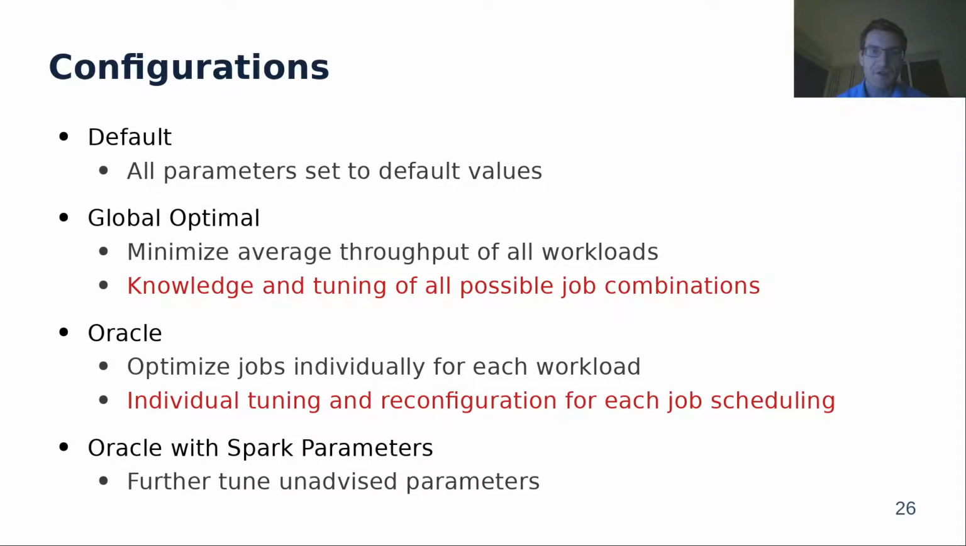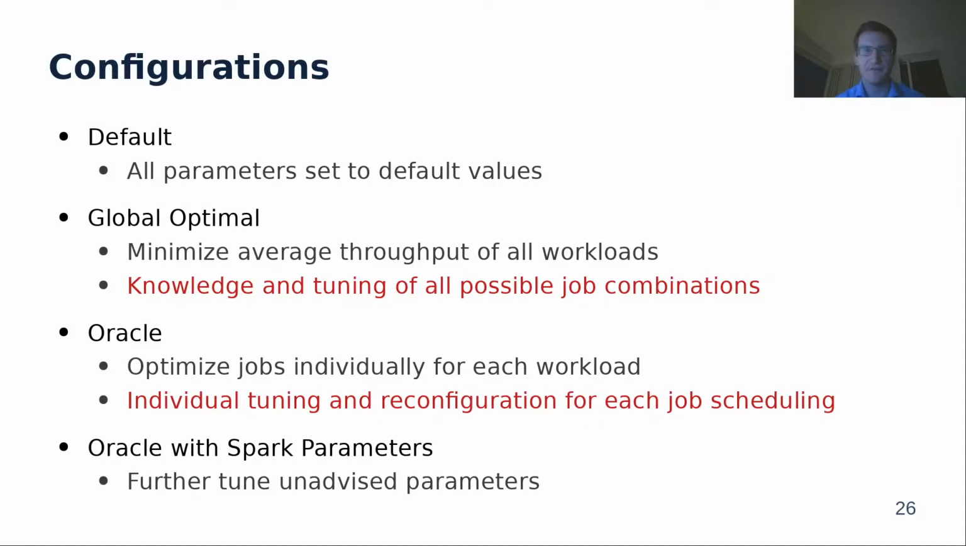This configuration requires knowledge of all possible job schedulings and extensive testing to tune. Third, we compare against an oracle configuration, where the parameters of each job are tuned individually for each workload. This configuration requires separate parameter tuning for each possible job scheduling, which is completely impractical. Lastly, the Oracle with Spark parameter configuration extends this by also tuning unadvised and highly sensitive Spark parameters. These last 2 configurations produce completely unrealistic results that M3 must compete with, as they require oracle knowledge and endless